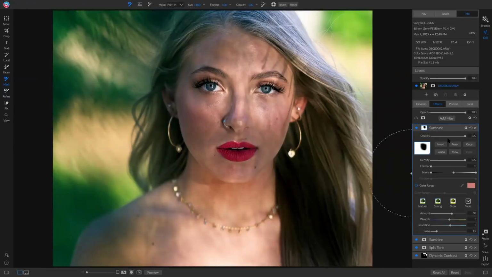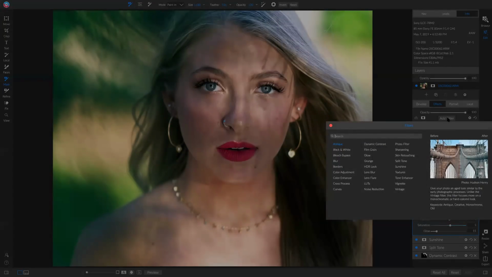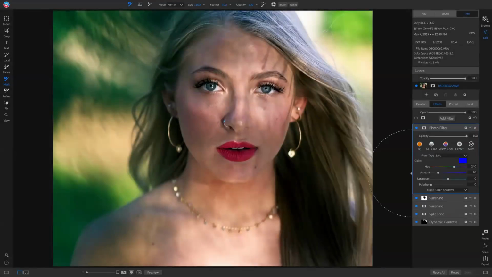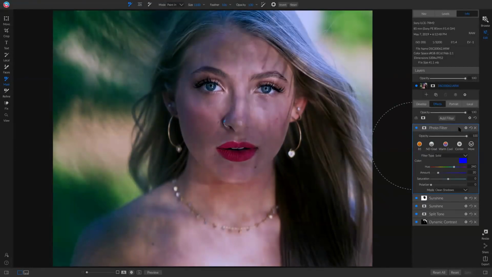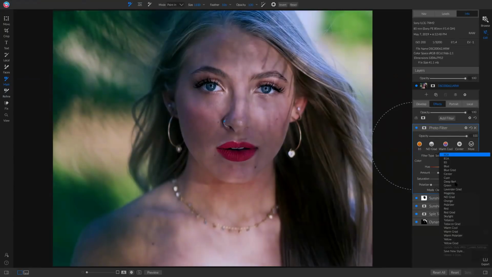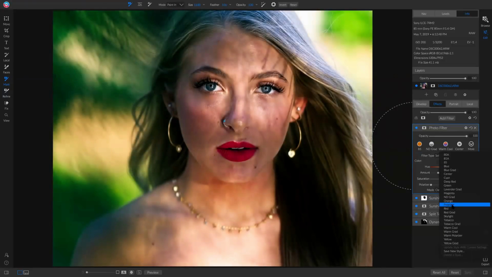skin. So now what we're going to do is apply another filter, one that adds a little bit of contrast and a bit of color. A great filter for that is this photo filter. This photo filter is basically emulating what a photo filter would look like on your lens. So I'm going to go into these more styles, and I'm going to choose this polarizer option. And you'll notice right away that by using this polarizer option, if I turn this off and on,